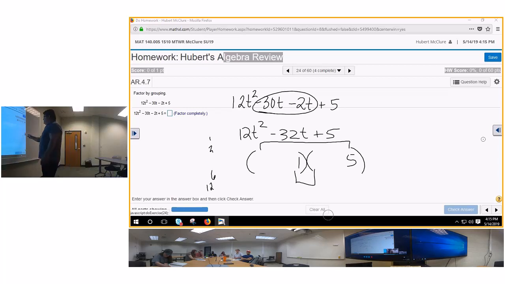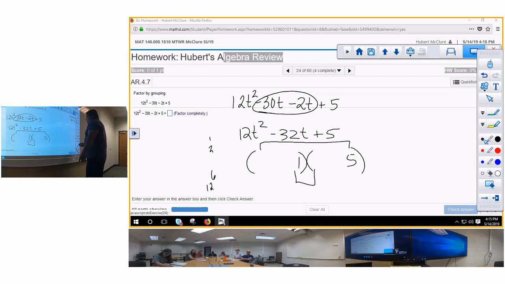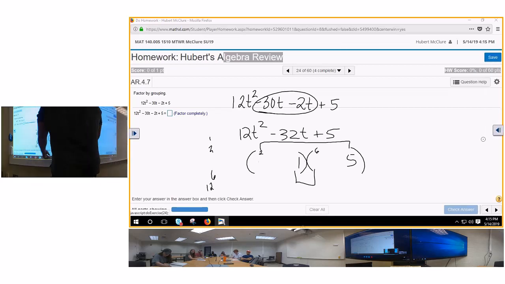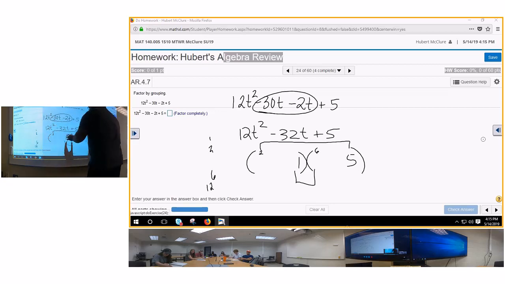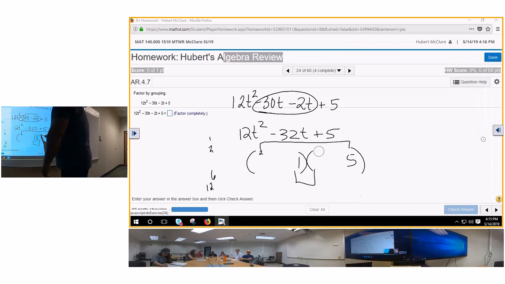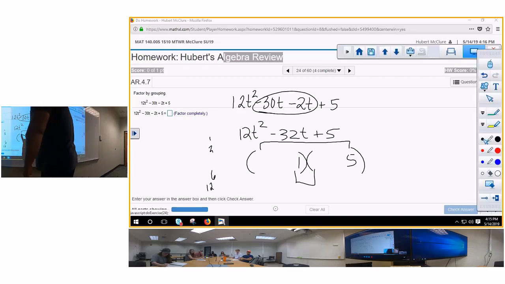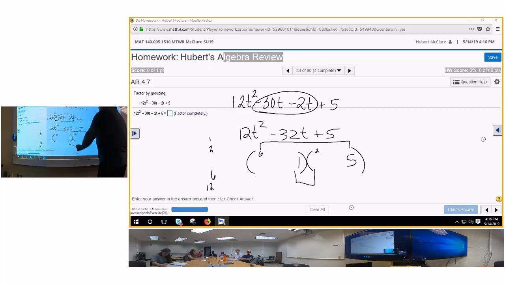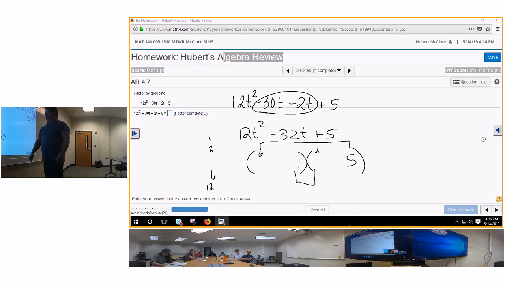I'm going to put 2 and 6 because 2 comes first. I don't know what it's going to give me. 2 and 6. What does 10 and 6 give you? A 4 or a what? 16. That's not what we want, so I'm going to switch it. Put a 6 here and a 2 here. What does 30 and 2 give you? 32. So we're going to put a 6 here,